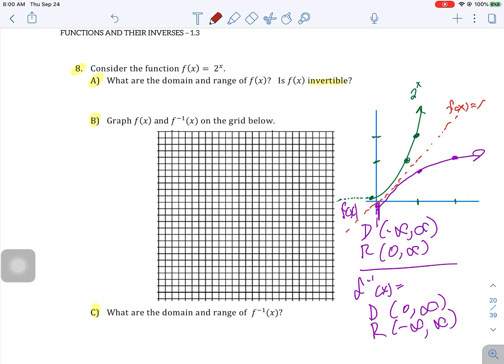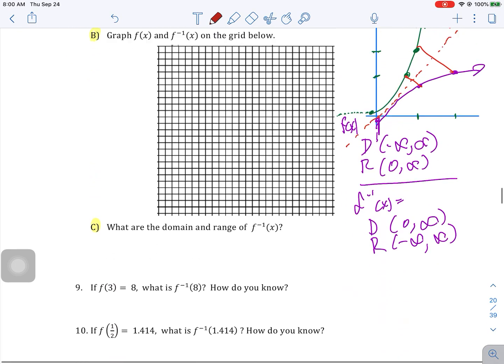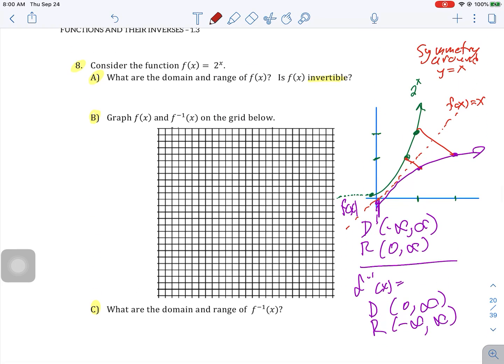Another thing you might have noticed is that if you graph them with the same scale, and you graph f of x equals x, where the two values x and y are equal, you can see the symmetry around y equals x. When you look at those points, you can see each point is the same distance away, and that's kind of a cool thing. So it's a nice little check you can do if you're graphing to see if